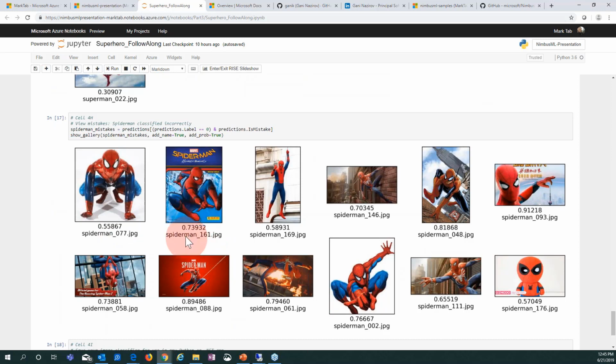So this second one here, 0.7392, and all that. What is unique about Spider-Man in this case is his mask. So again, if you could do different photos, like even take this same image and make a second image just focusing on the mask, then I'm thinking the engine might do better. I don't know that it will do better, but it's one thing I would try, to get just